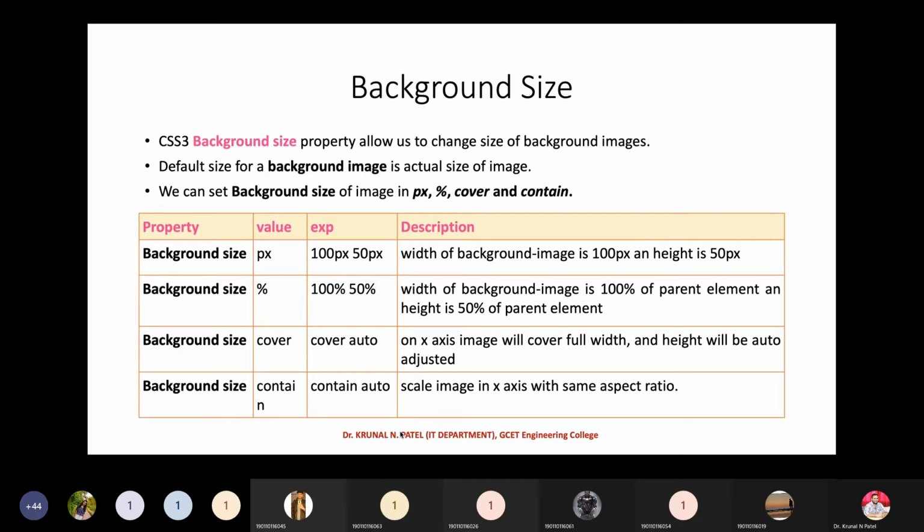Okay, right? So what is the meaning of cover and contain? On the x-axis, the image will cover the full width, that is the horizontal size, and the height will be adjusted automatically, right? Similarly, for contain, if I set auto, then it selects the image on the x-axis with its aspect ratio, right? So there is some aspect ratio concept here.